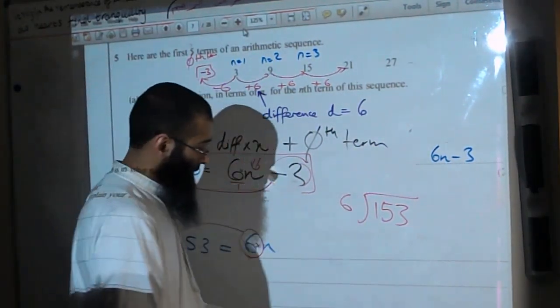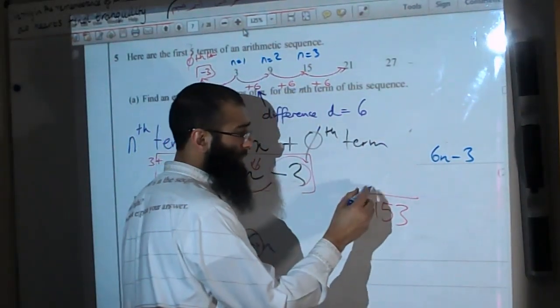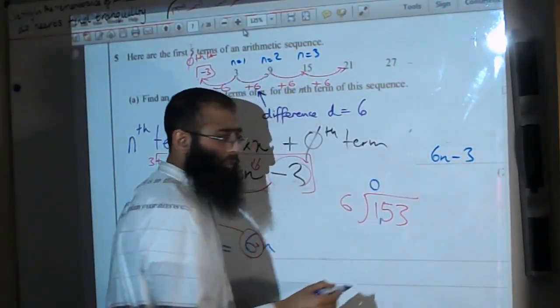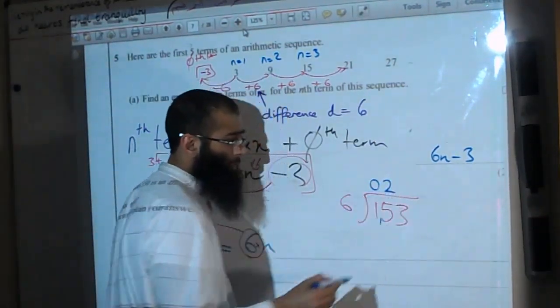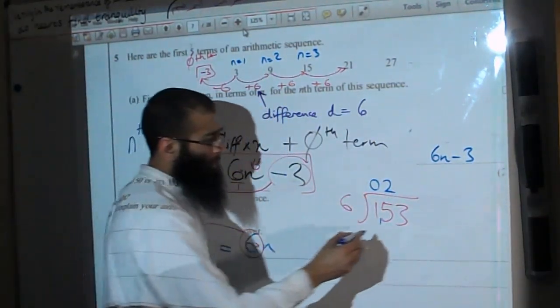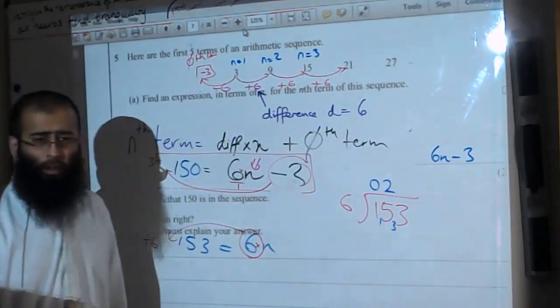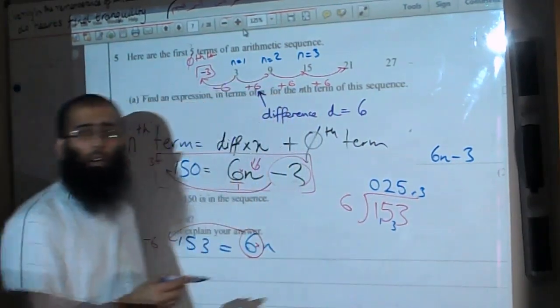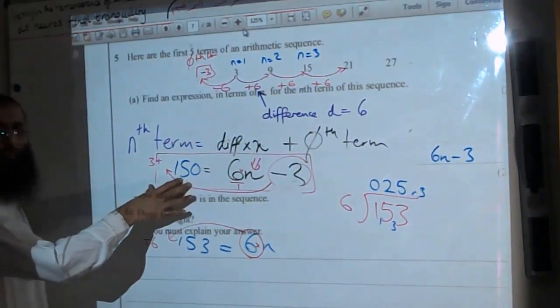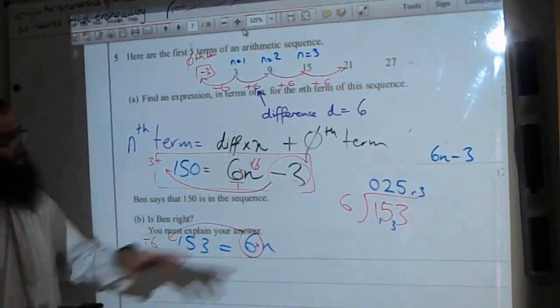Let's write that out. So 6 goes into 1 how many times? 0, remainder 1. 6 goes into 15 how many times? 2. 6 times 2 is 12, so the remainder is? 3. How many 6s go into 33? 5. Remainder? 3. Now, in order for 150 to be a part of this sequence, that's the n value by the way,